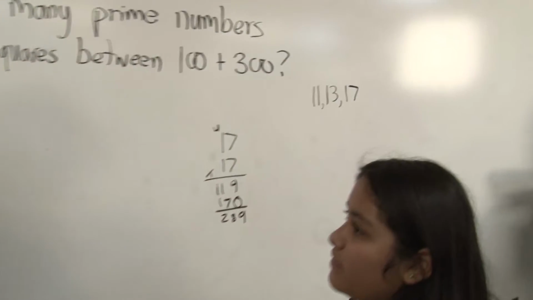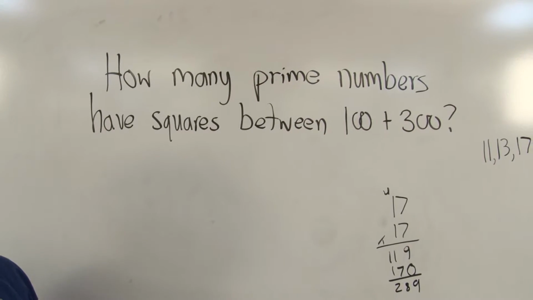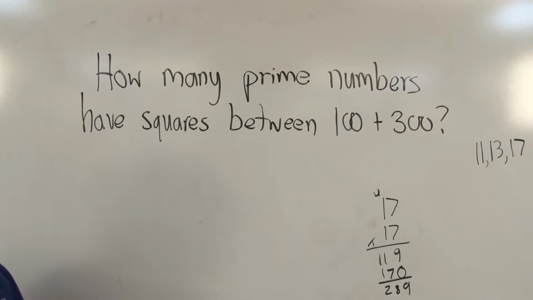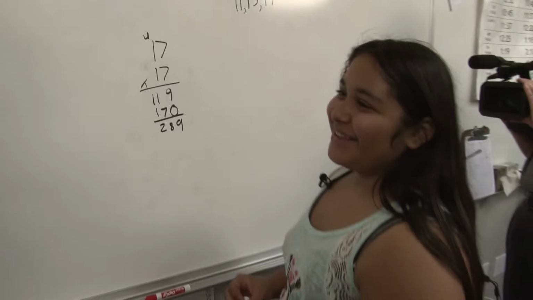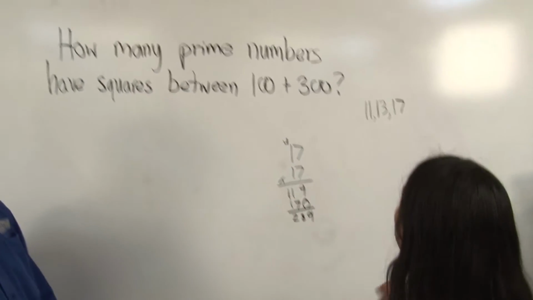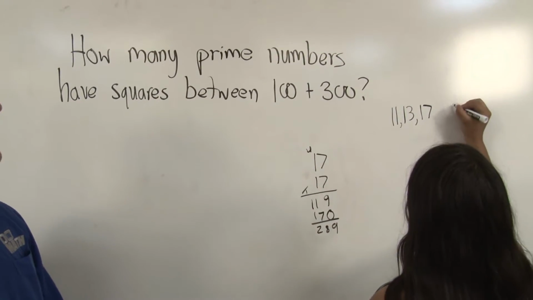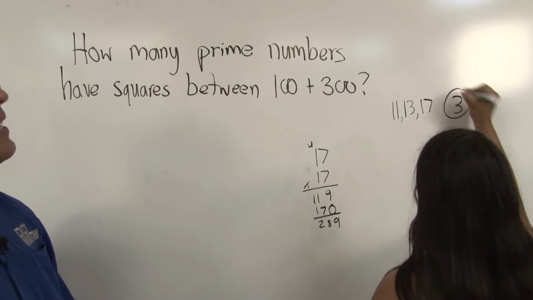So what do you think the answer is now? 11, 13, and 17. Okay, now read the question one more time. How many prime numbers have squares between 100 and 300? And what's the answer? 3. There you go. So go ahead and write the 3 up there. Right here? Yep, and we'll go ahead and circle that so we know that that is our answer,